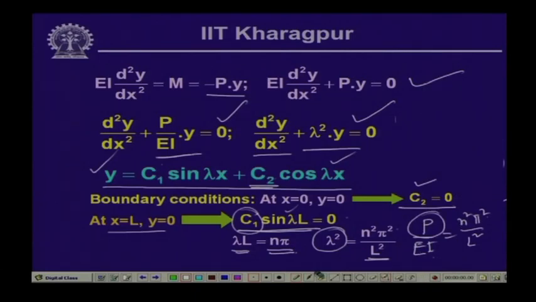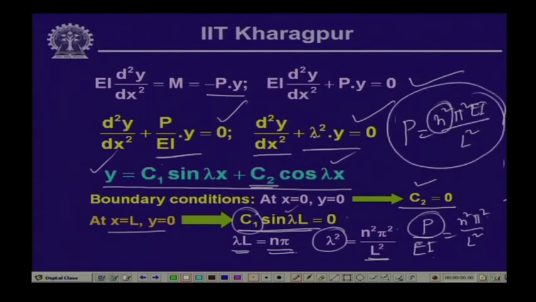So, we get then P equals n squared pi squared E I over L squared. Now, here the minimum value of n can have values 1, 2, 3. The minimum value of n will lead to the critical load for this particular member, and if we take n as equal to 1, then the critical load becomes pi squared E I by